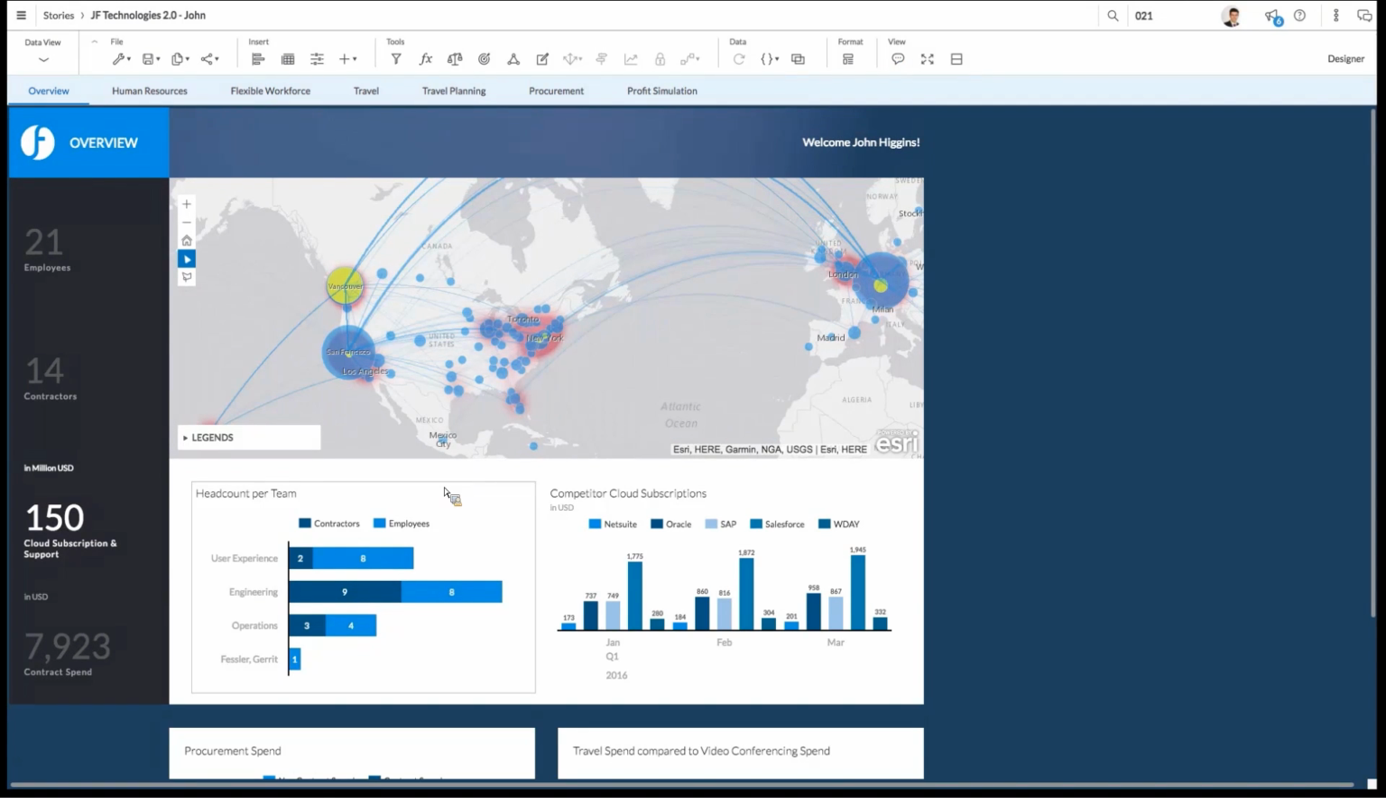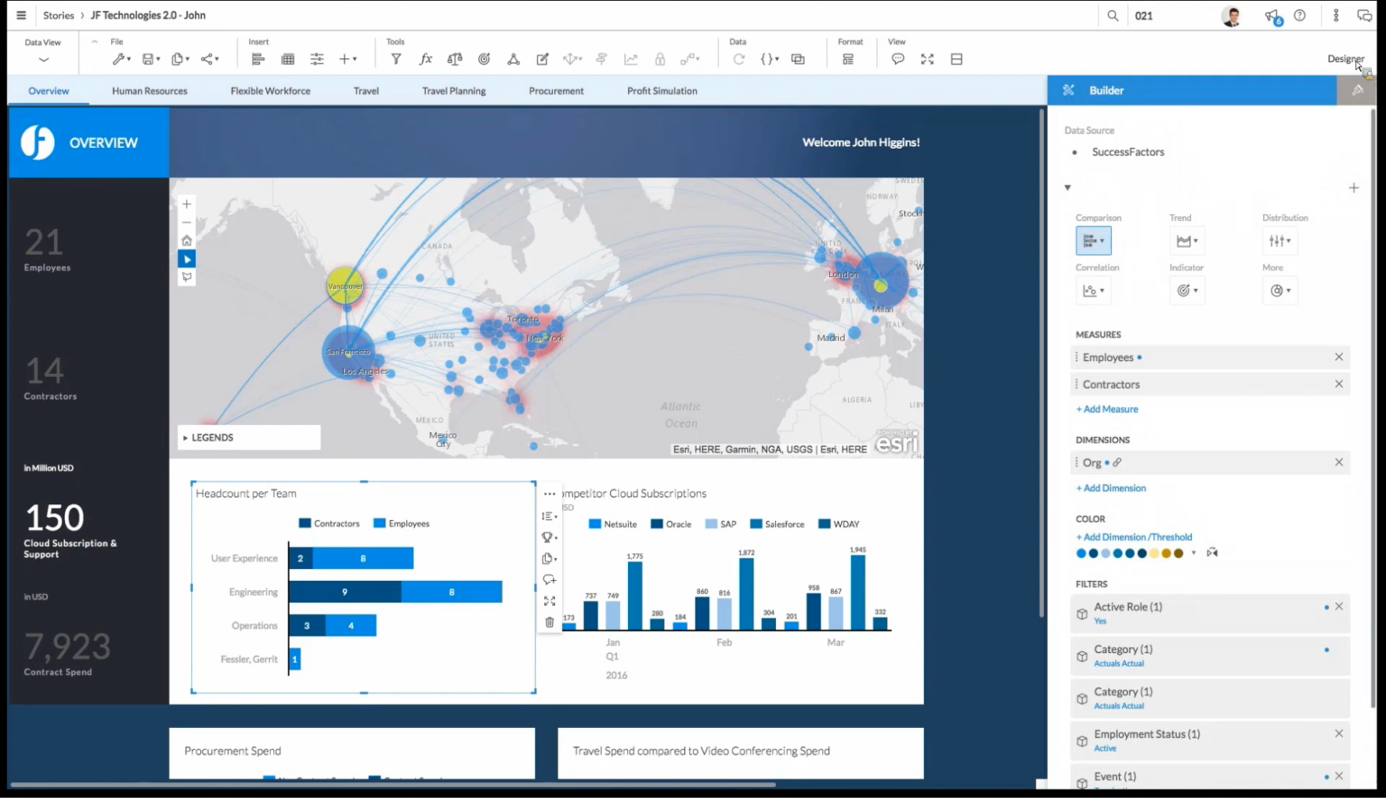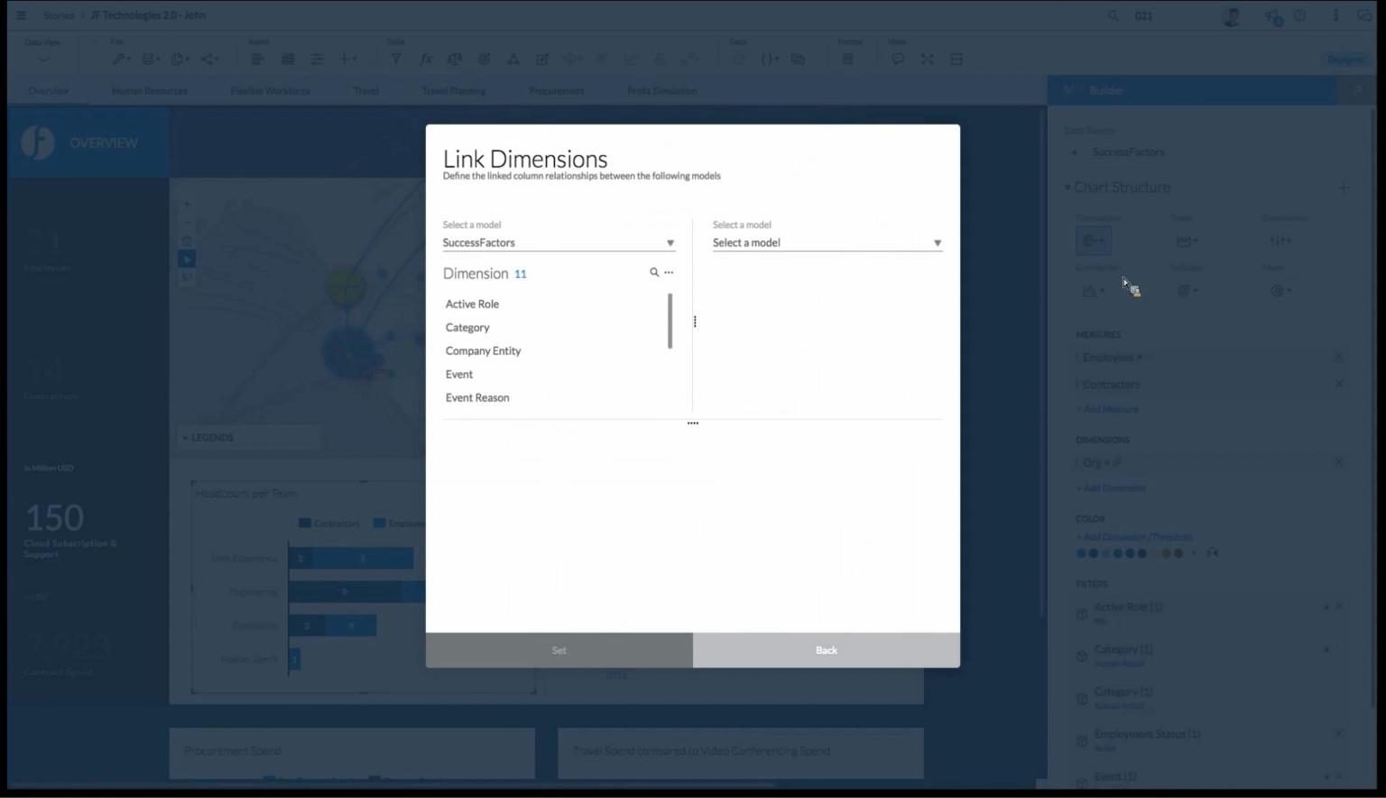So this is a company that's looking at the product, the overview of the spread of the employees. We can see from the map here. And like I said, in this particular headcount per team, with contractors and employees, I could select this here, go over to Designer, and I can see the data source we're using is SuccessFactors. But because we're able to use this feature, link dimensions, so linking models, what I was able to do now is